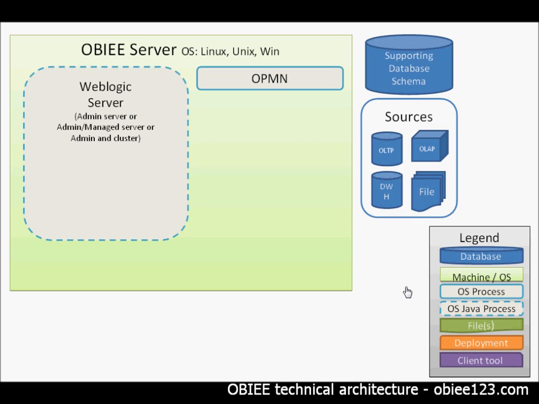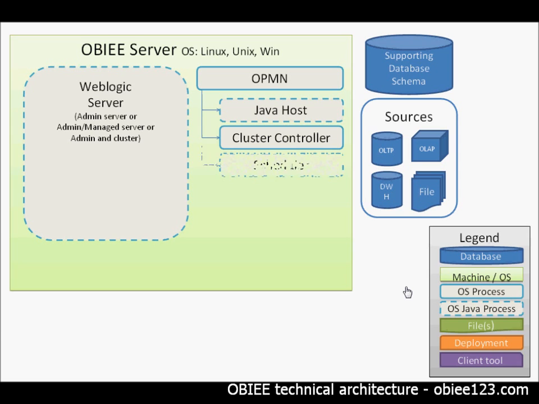OPMN takes care of starting and keeping running the remaining OS level services, and they are the Java host, which allows OBIEE to run some Java code, a cluster controller, which controls the clustering of the OS level components in a clustered environment, a scheduler for scheduling and delivering content,